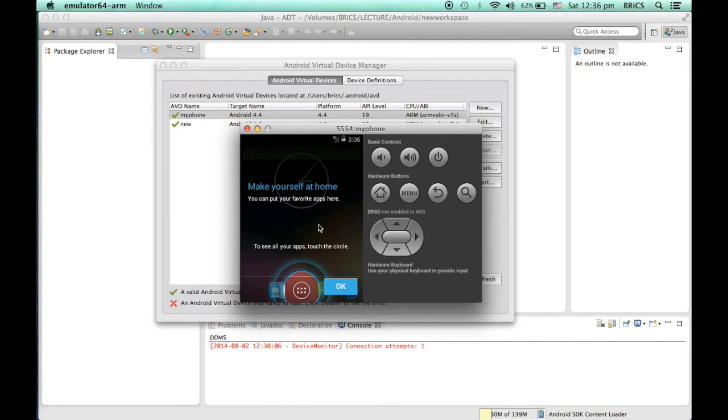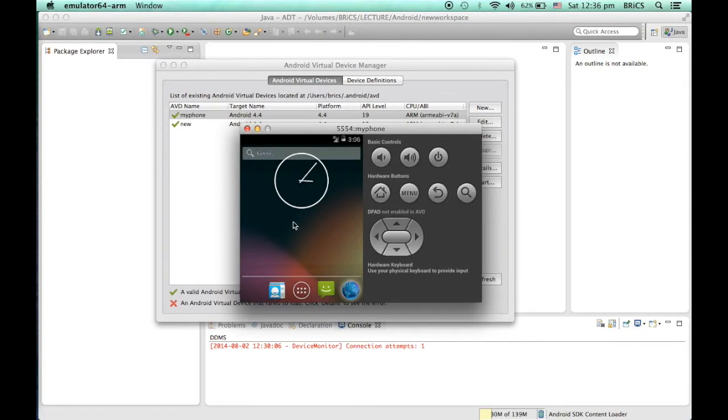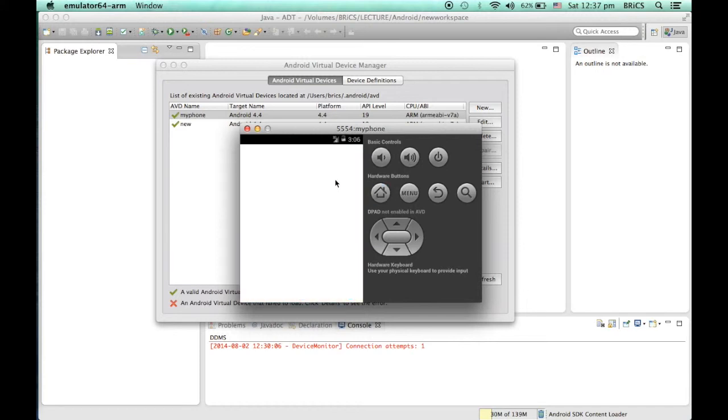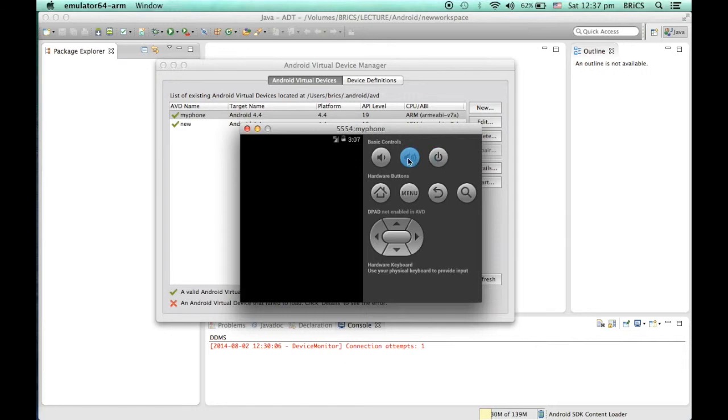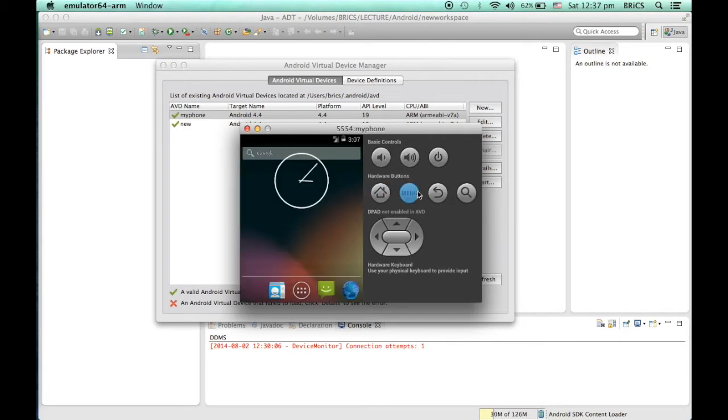As you can see, the emulator is now running. You just click on this OK button, and this is your phone ready to use for your software. In this phone, these three buttons are side buttons. On your phone, you will find on the side two volume buttons, one for volume up, one for volume down, and one to switch off. If you press this, the emulator will switch off. And these three buttons are there on your phone, just below the front screen.